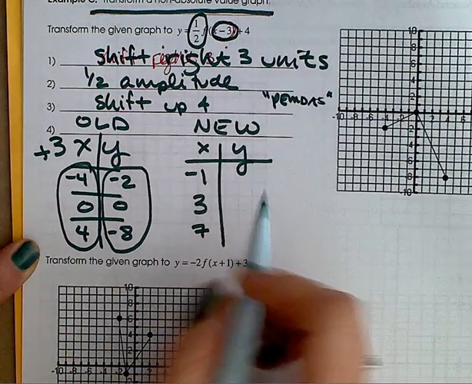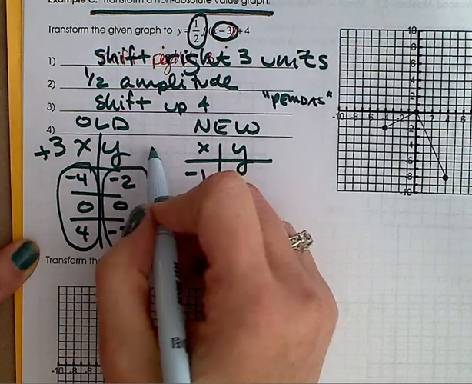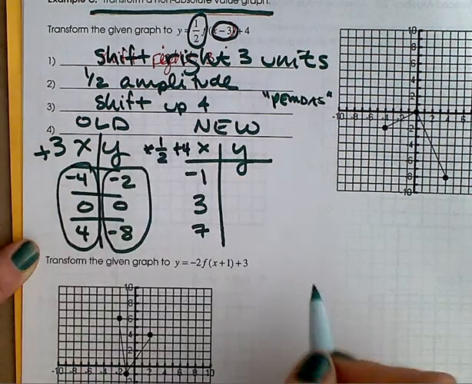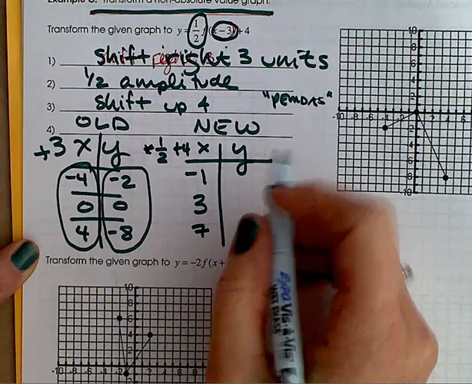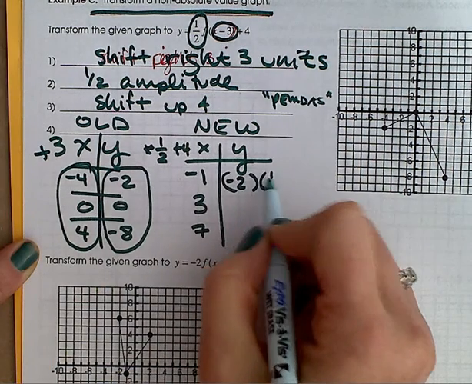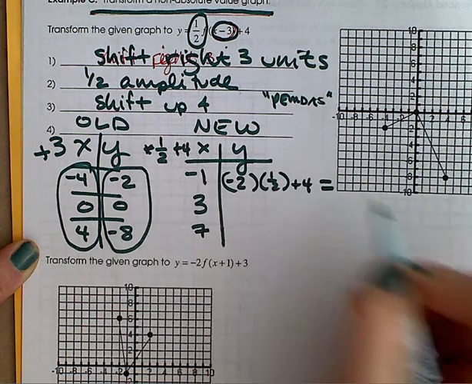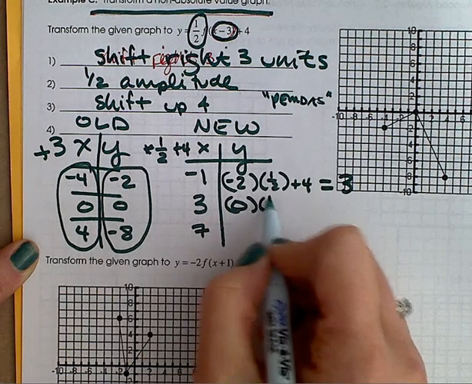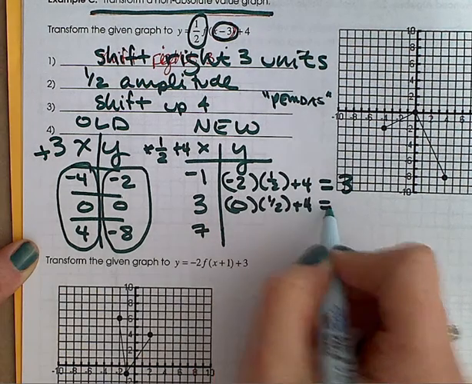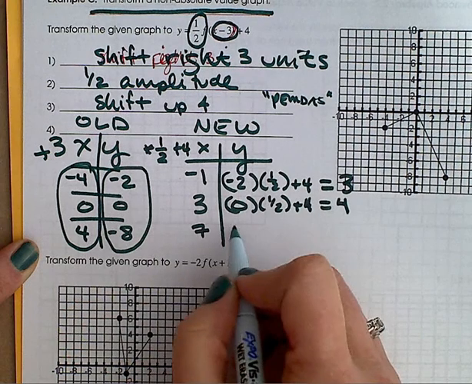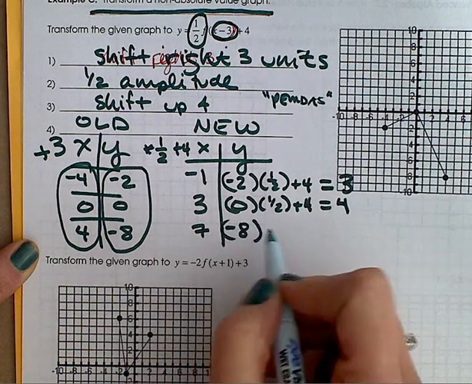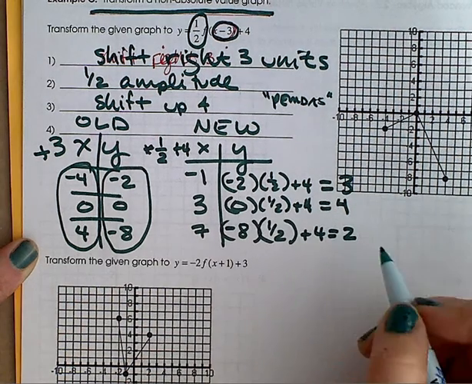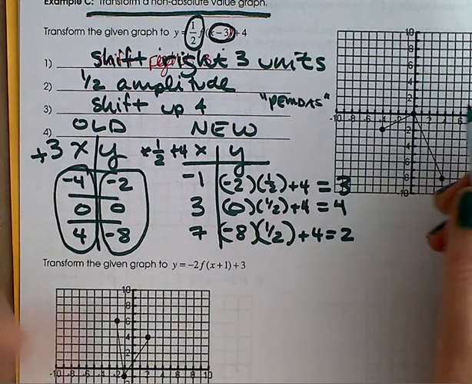So I'm going to take 1/2 first, times 1/2, then I'm going to add 4. -2 times 1/2 plus 4 yields 3. 0 times 1/2 plus 4 yields 4. -8 times 1/2 plus 4 is 2. So my new ordered pairs are -1, 3,